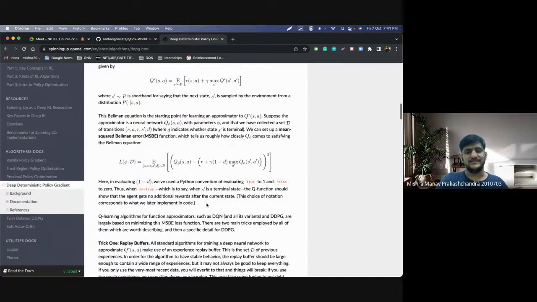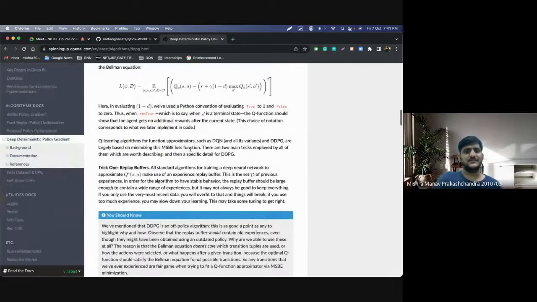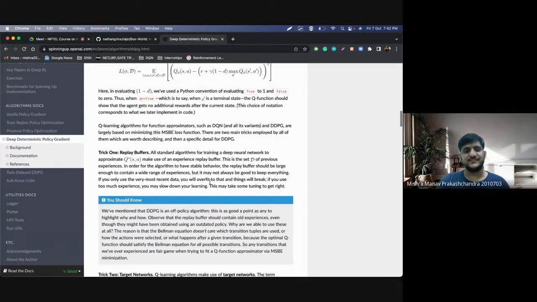That was all that was there. And then there was the concept of replay buffer. Once you encounter any state, action, next state transition, you store it in a replay buffer. Once the replay buffer is full up to a certain limit, you sample uniformly from it and use it to update the weights based on the loss function.